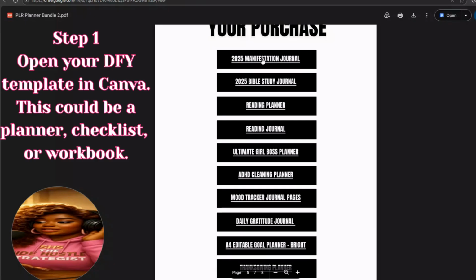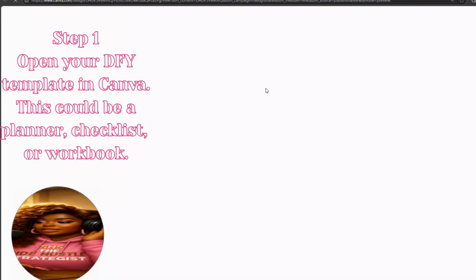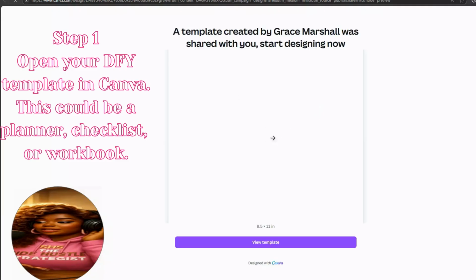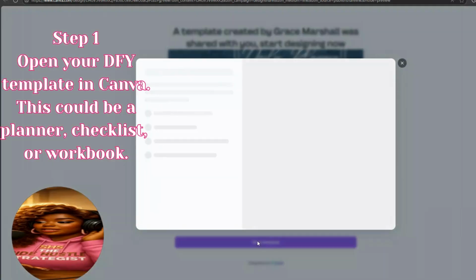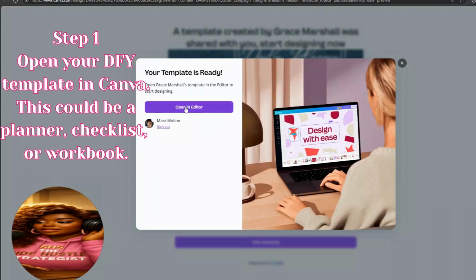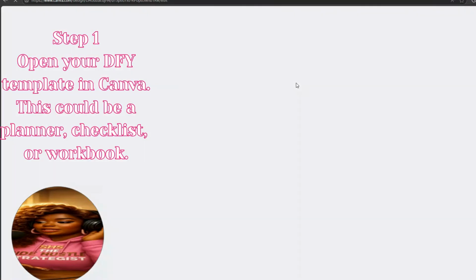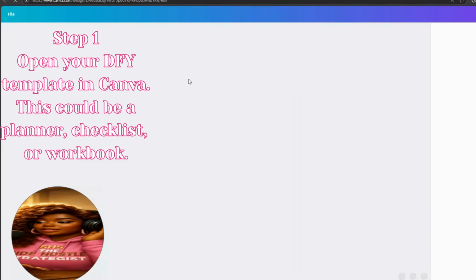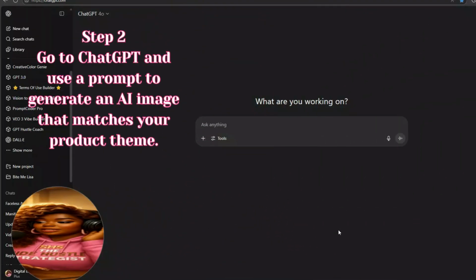So all you would do is click on the item that you want, and it should automatically open up to Canva. Once you do that, you click on View Template, and then you open up Editor, and then it should pop open into Canva. So step number 2, we go into ChatGPT, and we are going to use DALL-E to